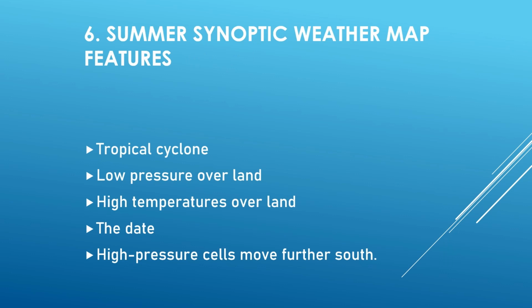So we have to identify the seasons on a synoptic weather map. If it's summer, we can identify that season if there is a tropical cyclone, low pressure over land, so you will see the low pressure cell over land, and high temperatures over land, and the date. If the date is a summer date, then you can identify it using the date, and the high pressure cell will be further south, which means they are below the South African map